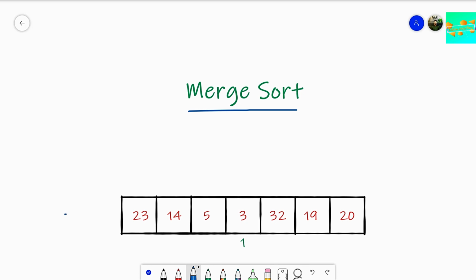Here we have an array with us. The length of this array is 7, so the indices go from 0 till 6. Ignore this one as of now; I'll tell you what this one is doing here. This is not the index number. All right, so the length of this array is 7, and we need to sort this array using the merge